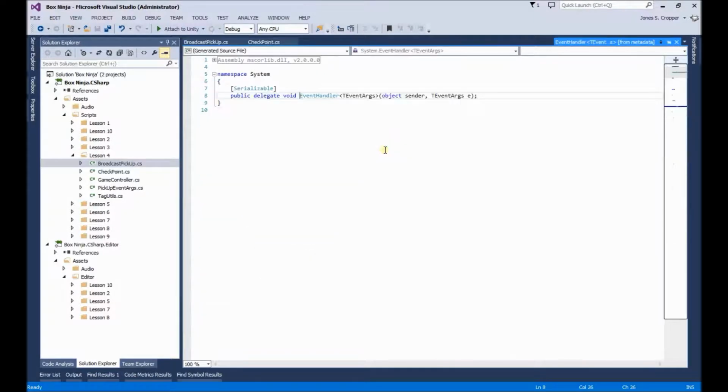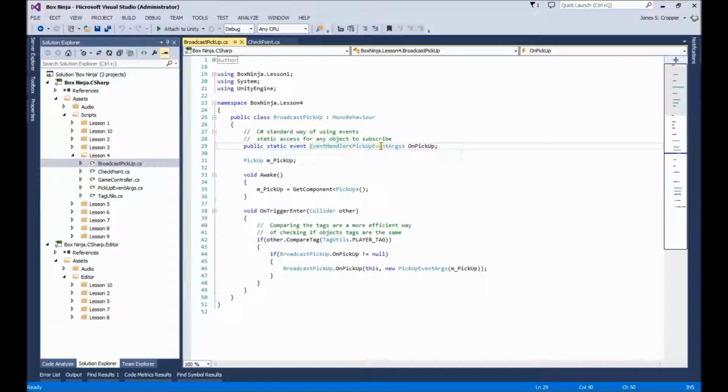Take a quick look at that. So yeah, it's a delegate that's provided by C#. It also comes without the use of the type parameter, so you can use it as such, and you're good to go if you just pass in an empty